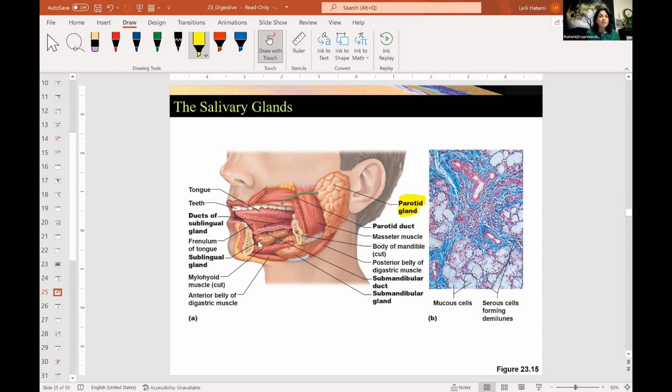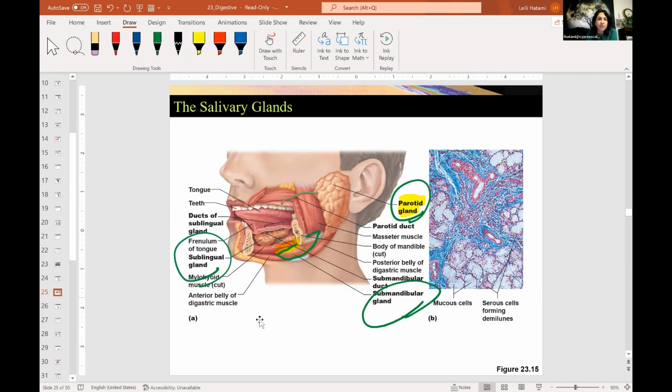And below the tongue, there is the sublingual gland. The sublingual gland is another salivary gland, found below the tongue. It has about 10 to 12 ducts, which release the saliva below the tongue. And then below the mandible, there is another salivary gland, which we call the submandibular gland. So we have the parotid gland, submandibular gland, and sublingual gland,